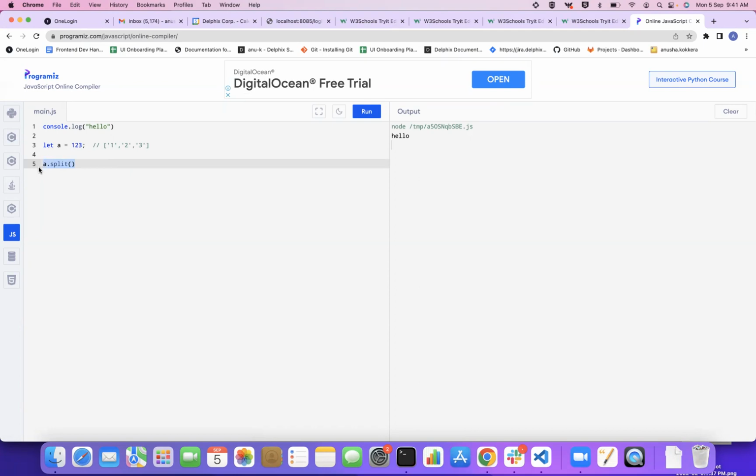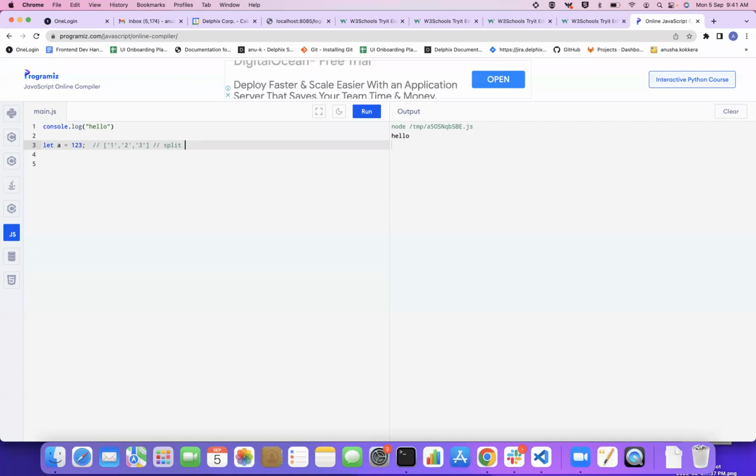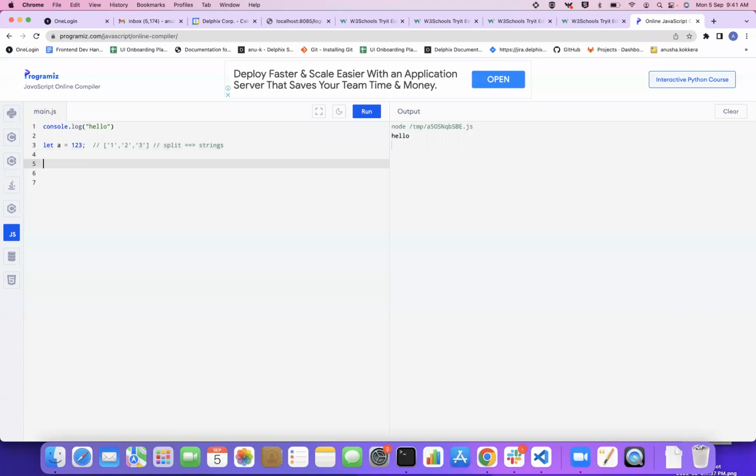Anyone? So the split function, we can apply only for strings. So what you can do,